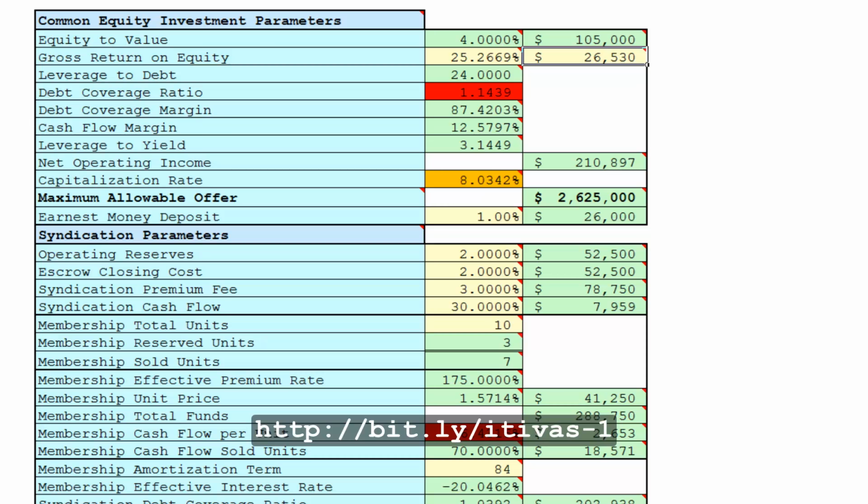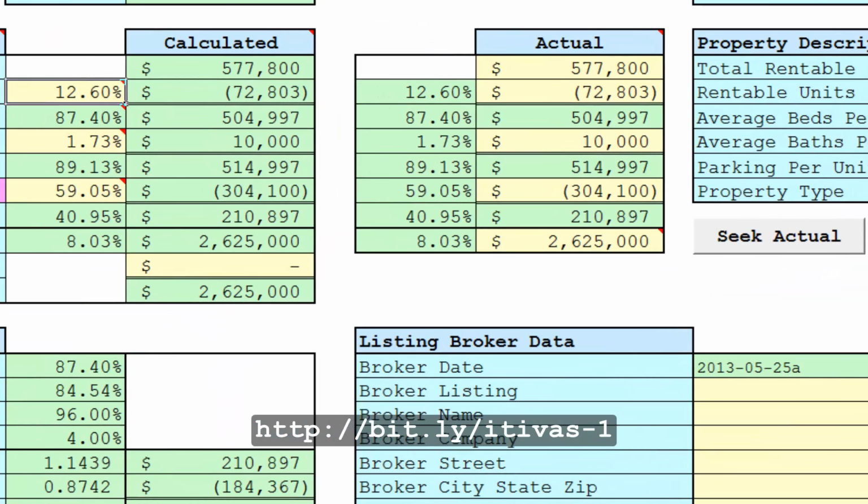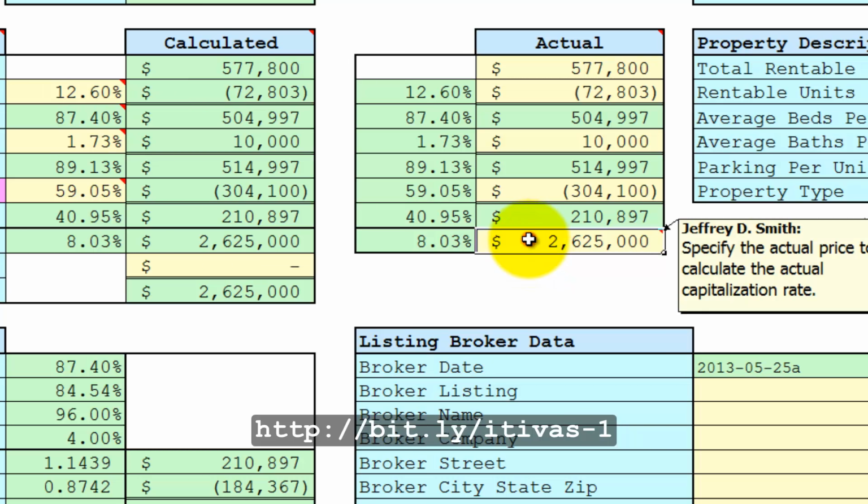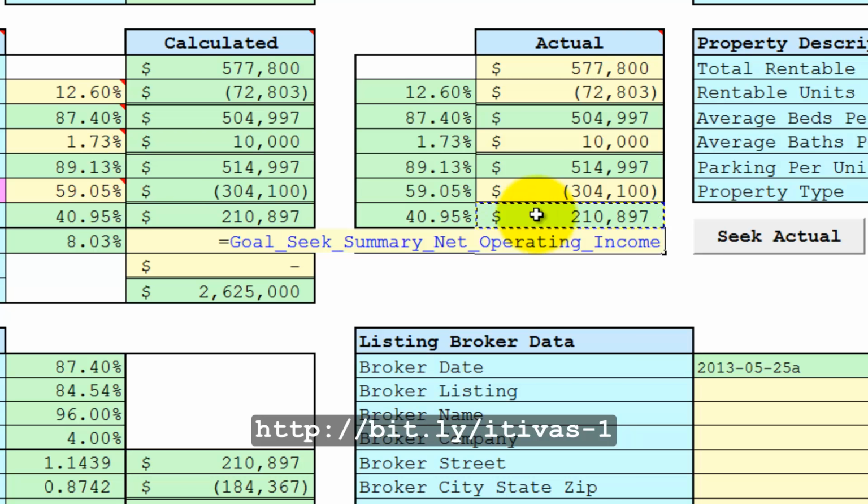What we can do is go back to pro forma operating data and do some what-if analysis. Let's look at what if the cap rate was 10%. Dividing the actual net operating income of $210,897 by 10%, net operating income divided by 10% yields a valuation of $2,108,970. Now if we do a seek actual,